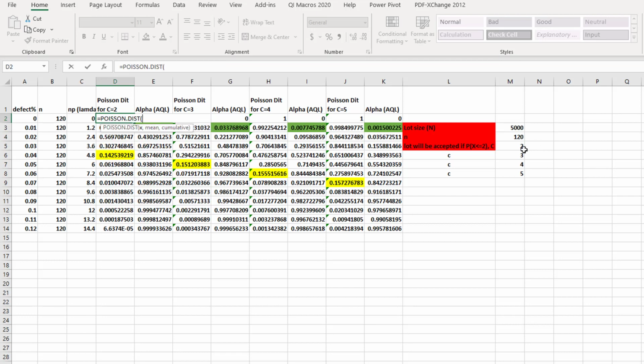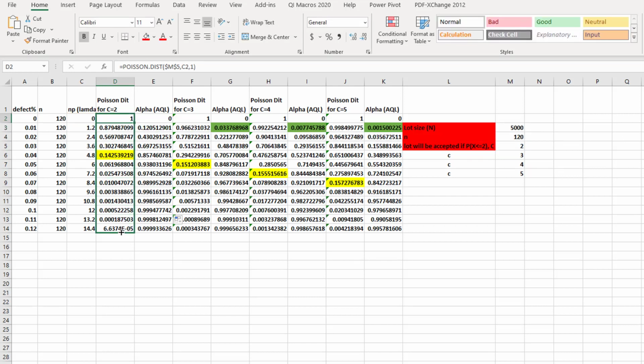First of all, you need to click the acceptance rate cell. Press F4, because we want to keep it frozen. Then the mean, and 1, because we want to calculate the cumulative distribution, the cumulative probability. In my previous lecture, I already discussed in great detail how you will calculate this manually. So close this one, because we already wrote the formula. This will be our acceptance probability.